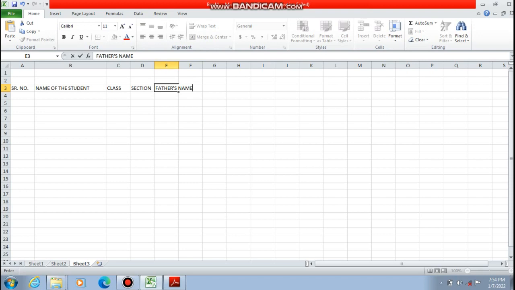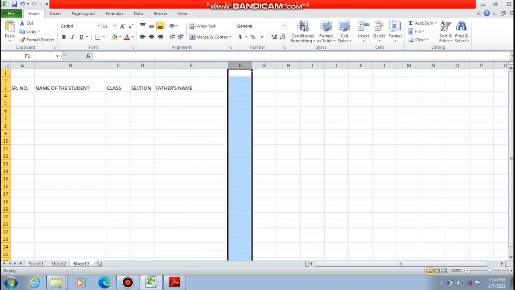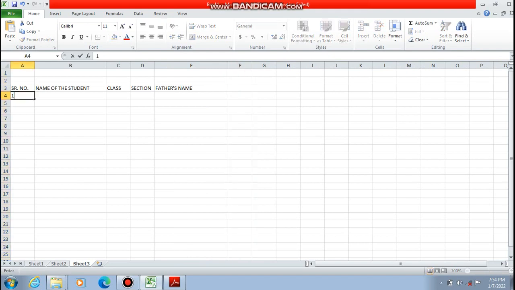So you can keep any kind of data by using Microsoft Excel. You can increase and decrease the size. That means यहाँ पे आप अपना लिख सकते हो whatever you want.